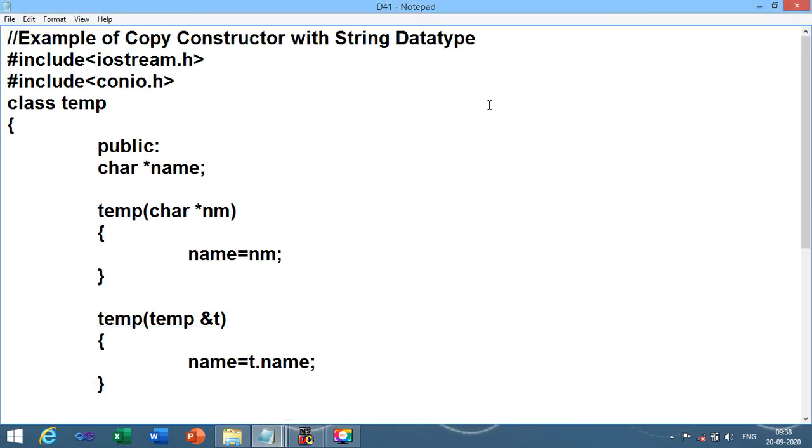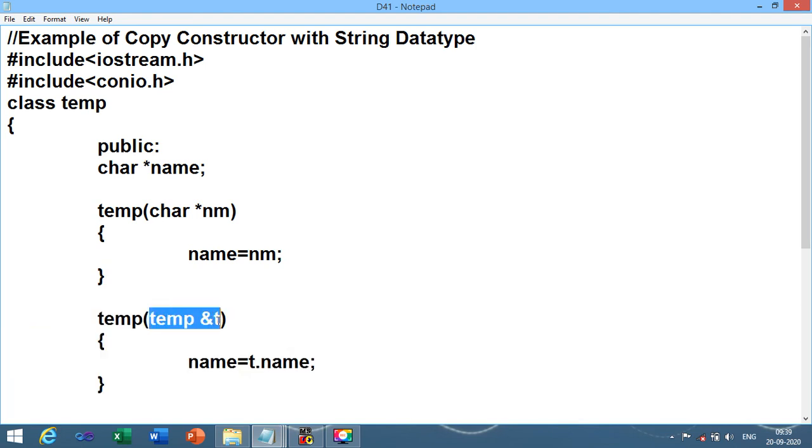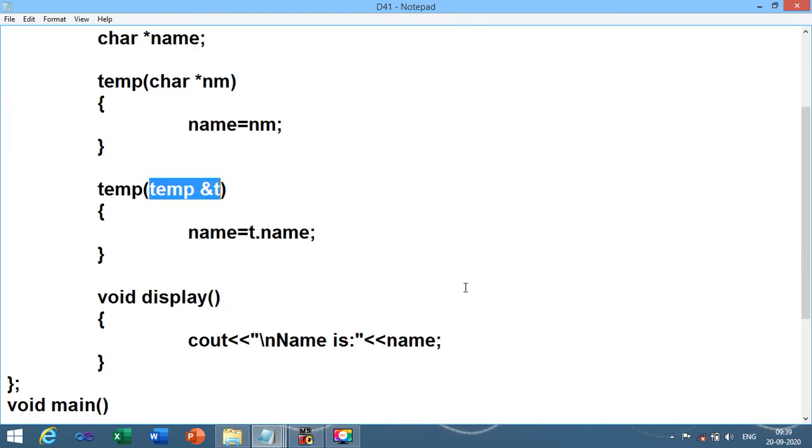This is the first program of our today's session, copy constructor with string data type, iostream.h, conio.h. We have taken name as a local variable. Over here, first parameterized constructor with character or string data type, second parameterized constructor with the object of same class.